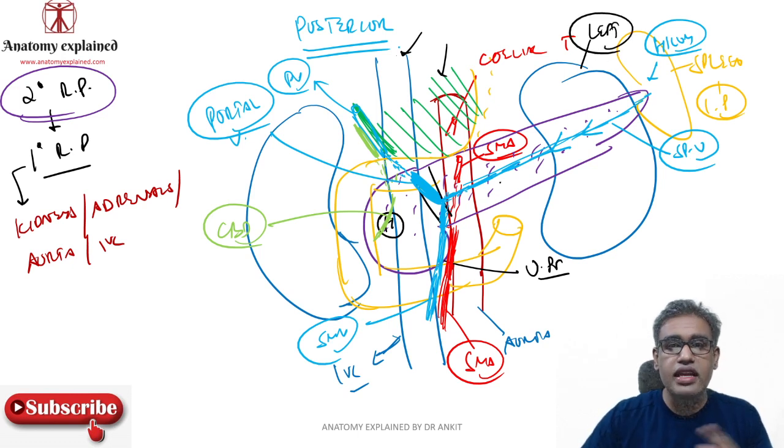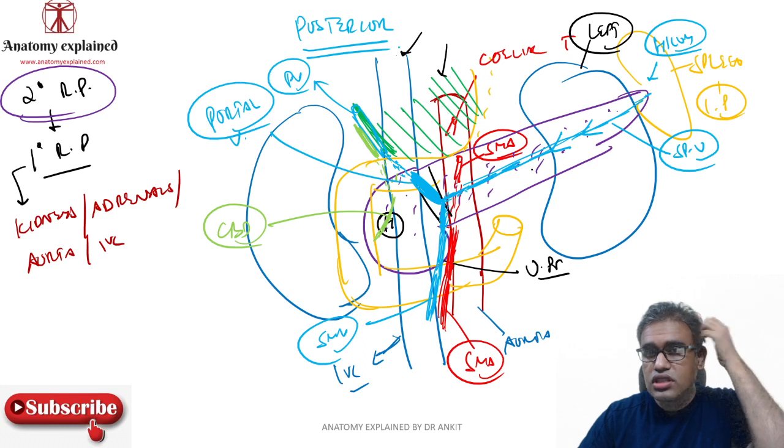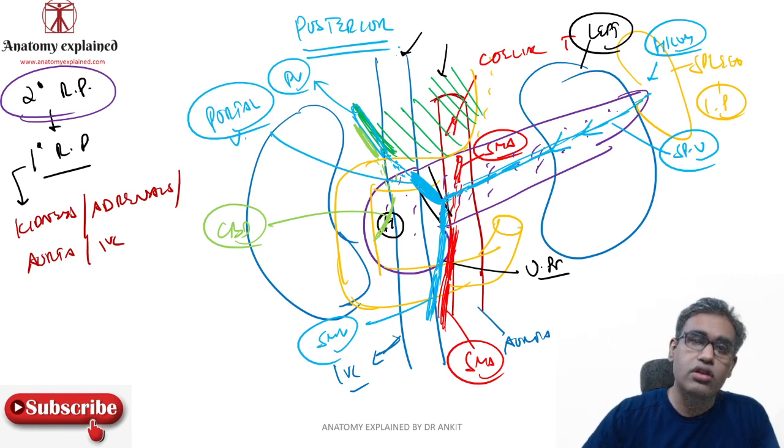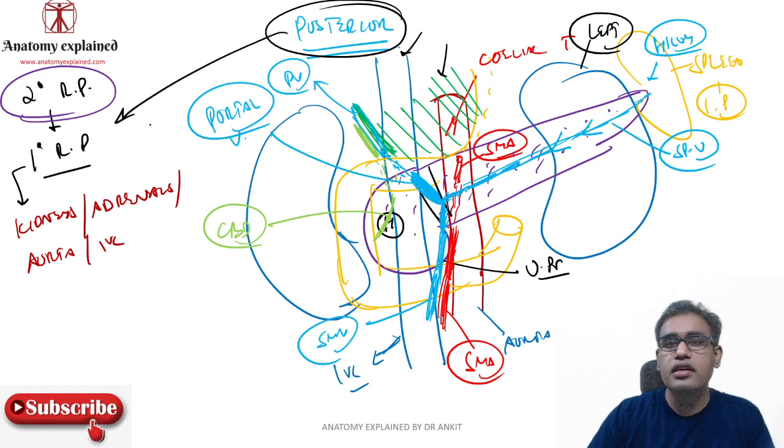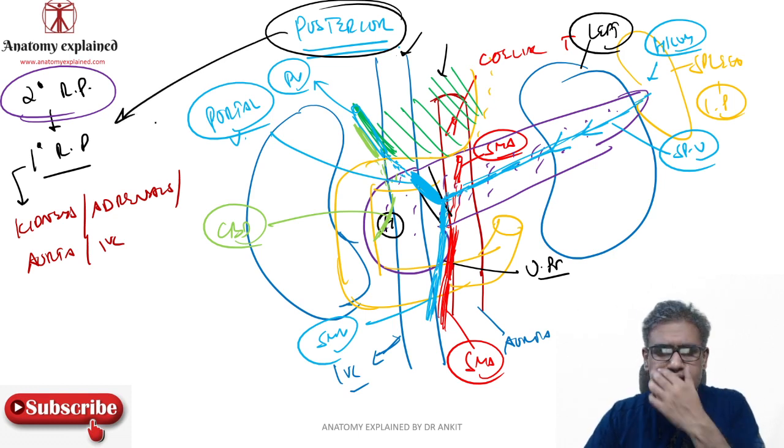Now if the left kidney and aorta and IVC are over here, common sense says that the left renal vessels, particularly the left renal artery as well as the left renal vein, will also be lying there posteriorly, because these are all primary retroperitoneal organs. So the posterior relations of the pancreas are basically our primary retroperitoneal organs, and any structure which is related to